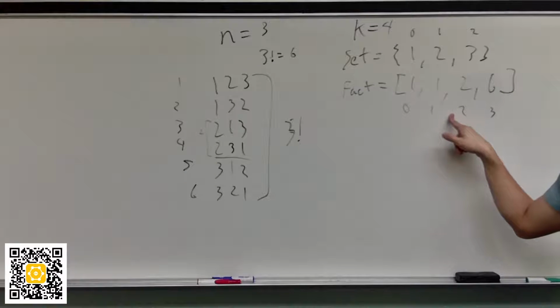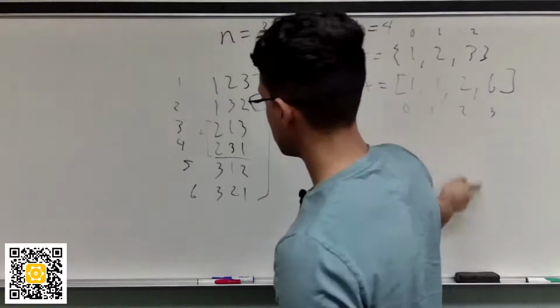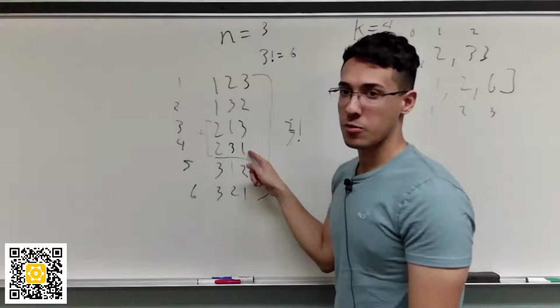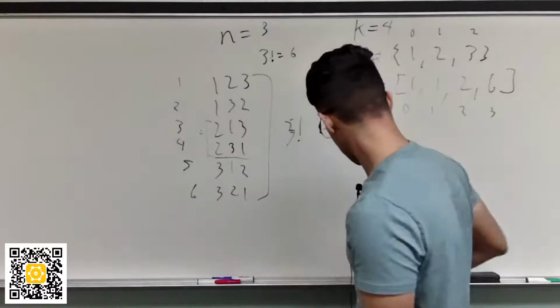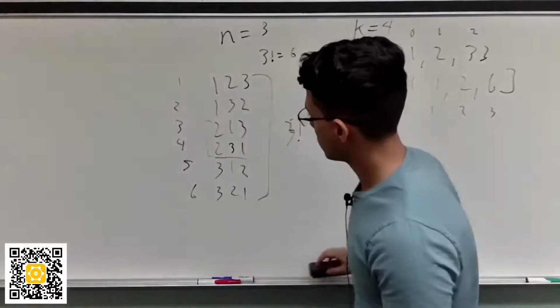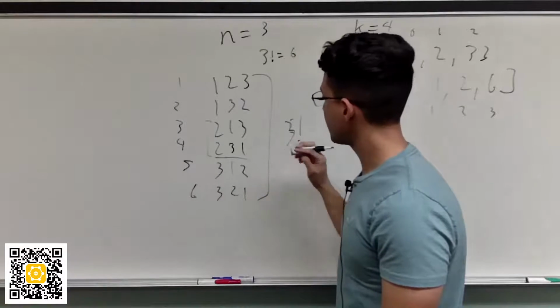Now we want factorial 2, right? This is the value we want, and here's why. So where is this one, right? What's the actual number? It's 4, right? And 4 is here. So we want